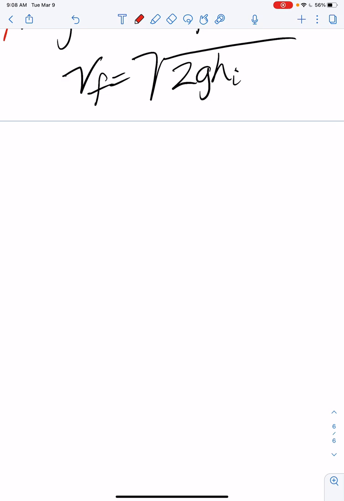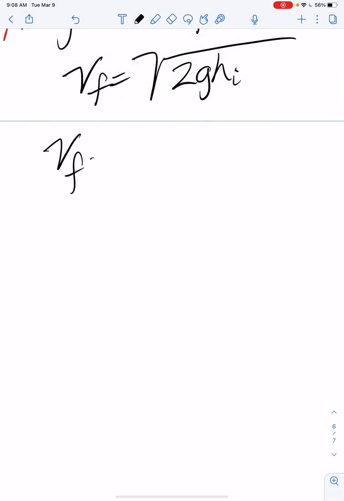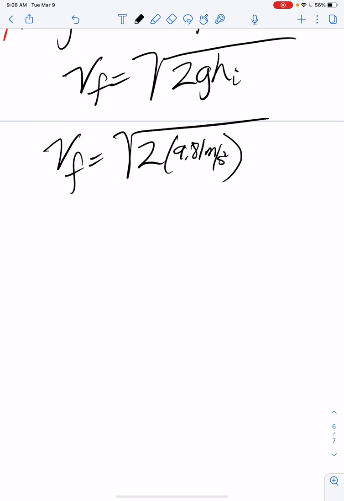All right. So anyways, let's plug in what we know here. So we can say VF is equal to the square root of 2 times 9.81 times our height, which is just 0.8 meters. So let's go ahead and plug that in the calculator really quick here. 2 times 9.81 times 0.8 is